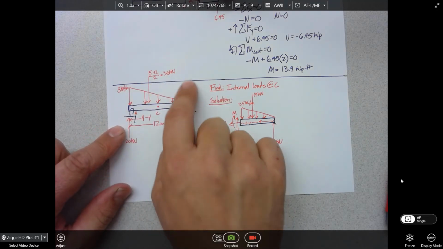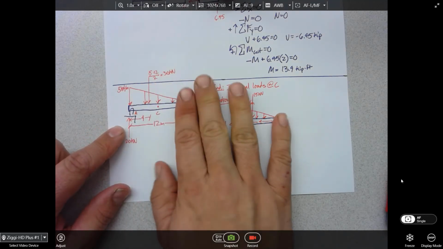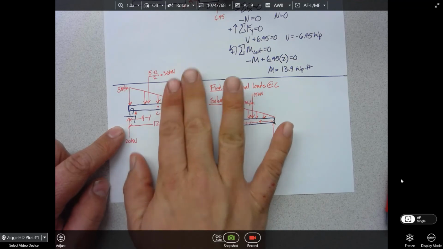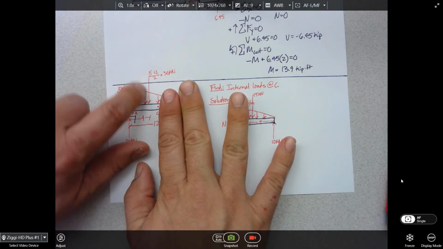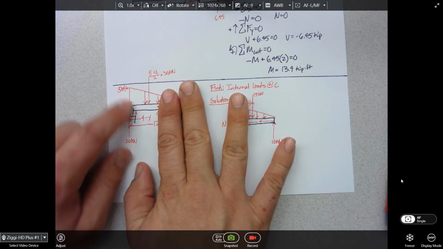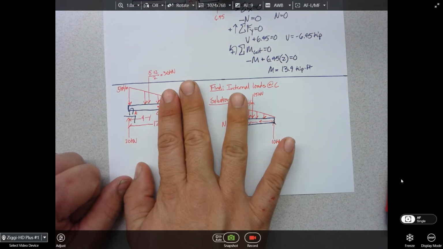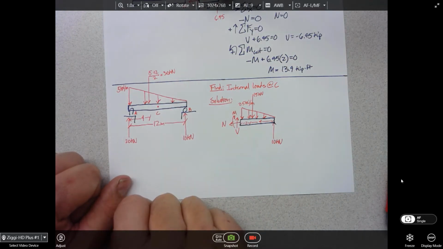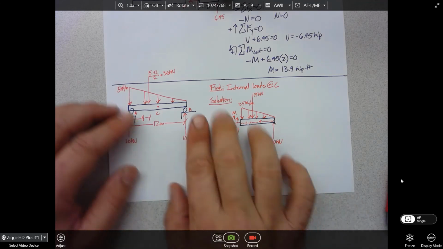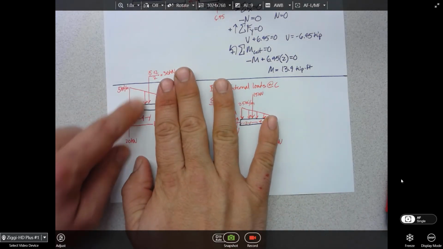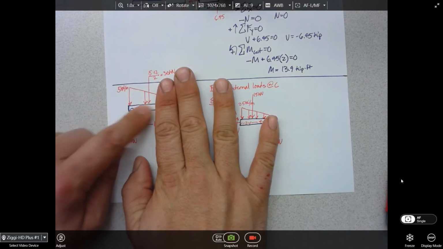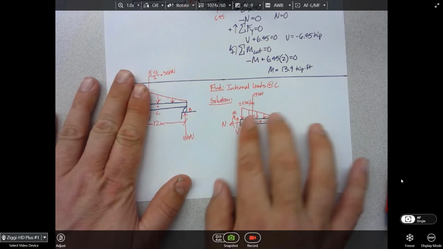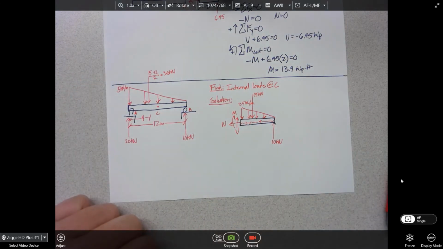So a common misstep here is, if I cut it here, to still put the whole load of 30 kilonewtons on it right here. Well, there's not a whole 30 kilonewtons acting there anymore. If you cut it here, you'd have to refigure out what that load is using the trapezoid. If I do it on the right, I can do it this way. I'll give you a few more minutes with this in mind to solve.